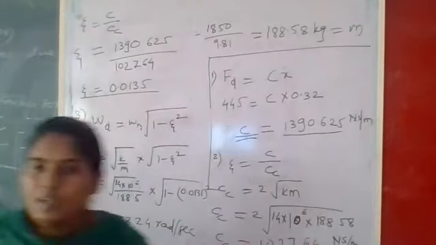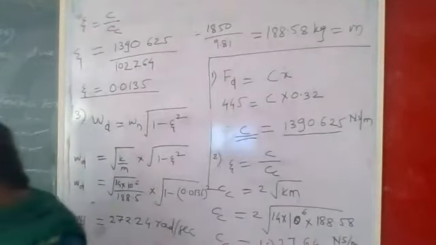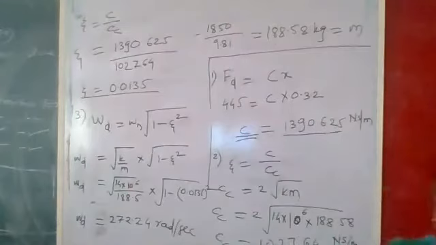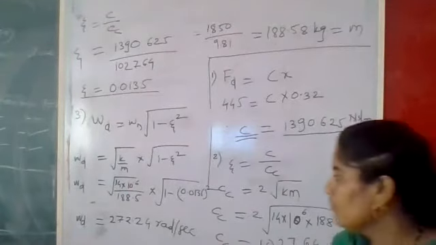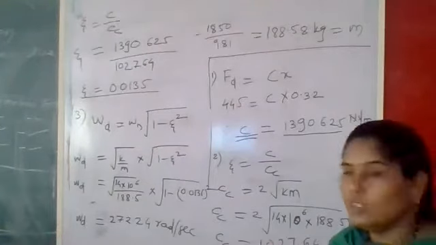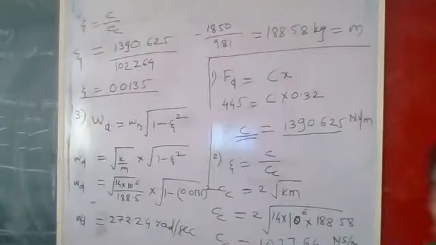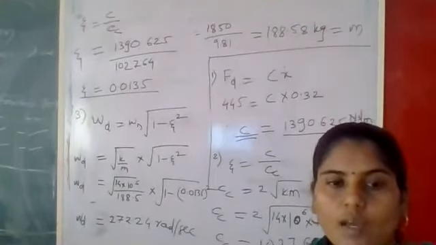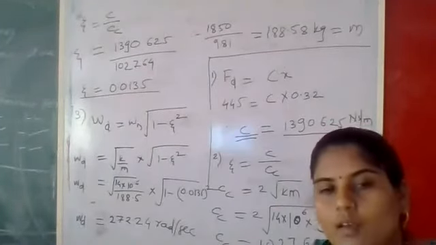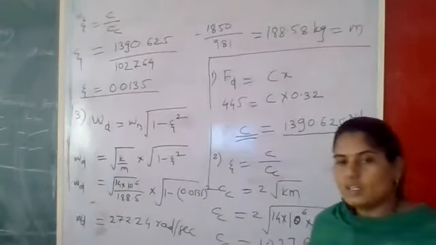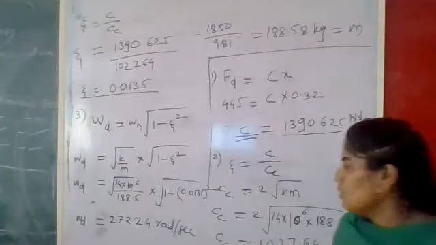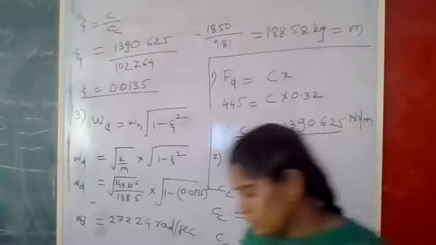Last point which is remaining now. See which terms are remaining now. That is the logarithmic decrement and ratio of two successive amplitudes. So below this you write down the fourth one, logarithmic decrement. Please write down this. Those who have not written, please write down this. And those who have calculated, please go for the next step of calculating the logarithmic decrement. How to calculate this? Delta is equal to twice pi zeta. We'll get the value of delta, and based on this delta you calculate the value of x1 upon x2. It's simple. So write down this. I will wait for 1 minute here.